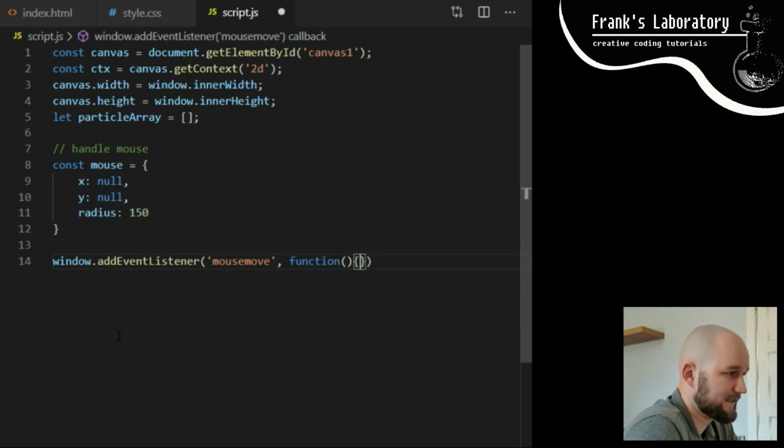Callback function on event listener has one special thing about it. It has access to built-in object that contains all different details about the event that is occurring. All I need here are X and Y coordinates of the event so that I can assign them dynamically to our custom mouse object I created on line 8. I need to assign them to the custom object to pull that coordinate information outside of event listener so I can use this information all over our application.